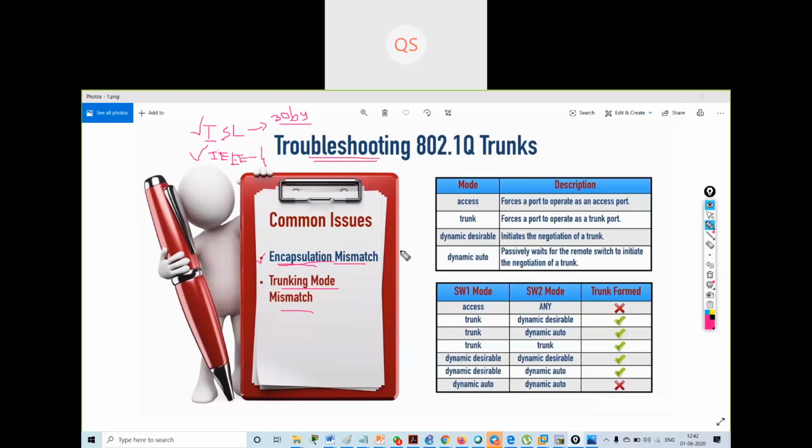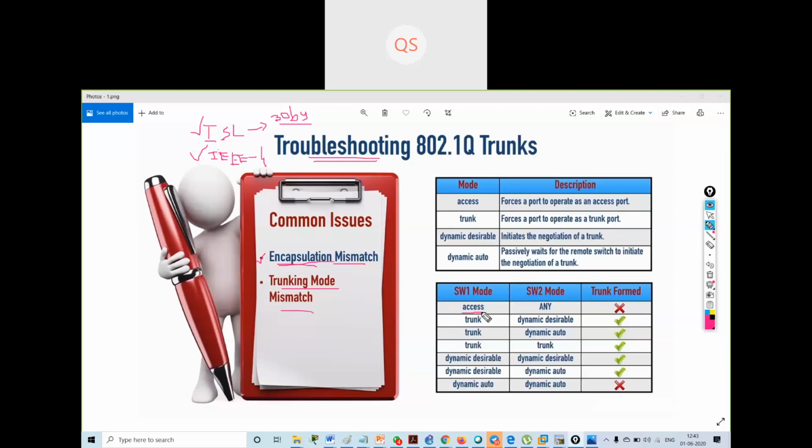One mode is access mode. If we configure a Cisco Catalyst switch for access mode, then we are saying that this is not going to be a trunk.